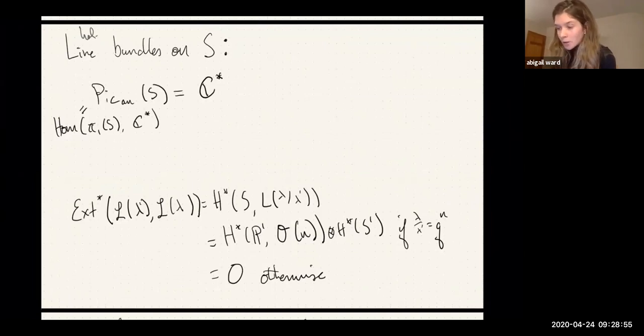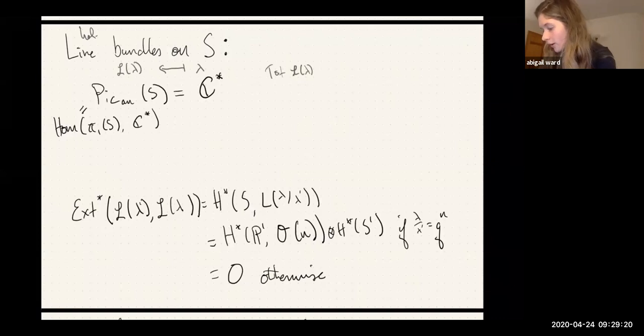So it's a fact. Here S is just my Hopf surface again. It's a fact that the analytic Picard group of this space S is given by C star. I'm going to write this identification: lambda in C star maps to a line bundle L lambda. And then the total space of L lambda, sorry, curly L, is going to be equal to